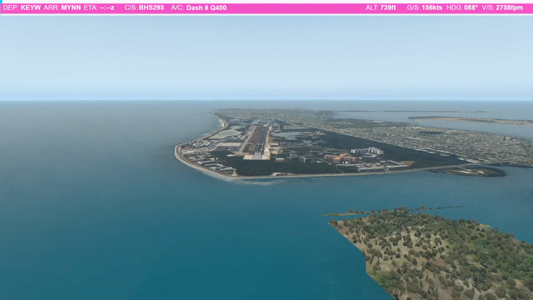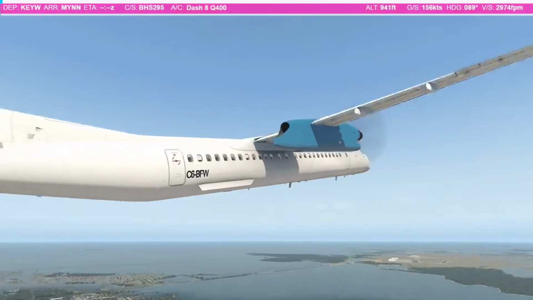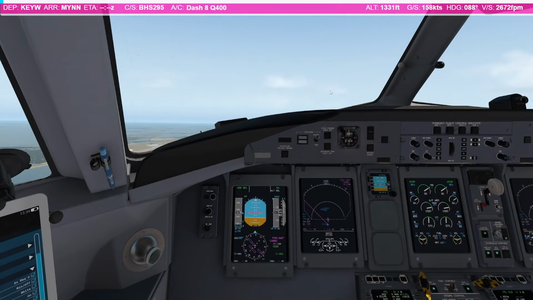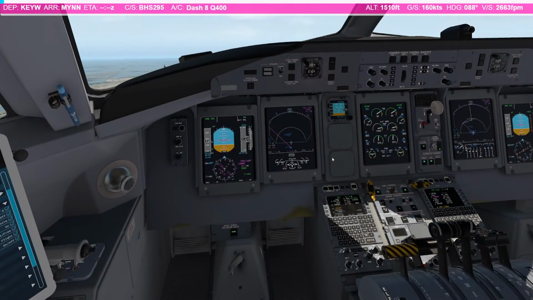Oh, drifted off a bit. Bit too keen on my heading into wind. Traffic, November 851 Tango Bravo, departing runway 09. Now there is 1,000 feet, so we can lower the nose. We can engage the autopilot. 1,000 feet, I think, is the minimum use height on takeoff. Now I'm going to...